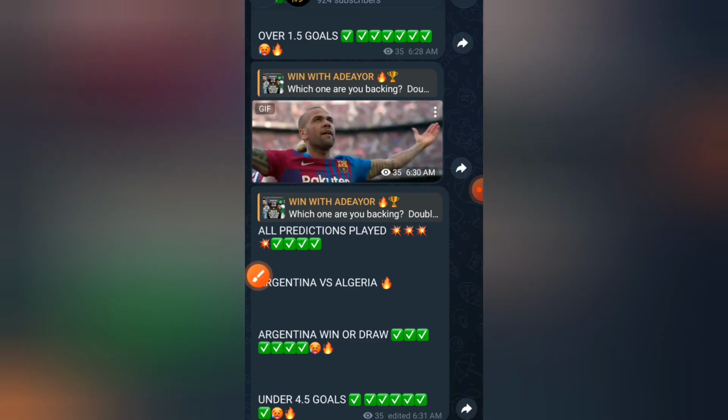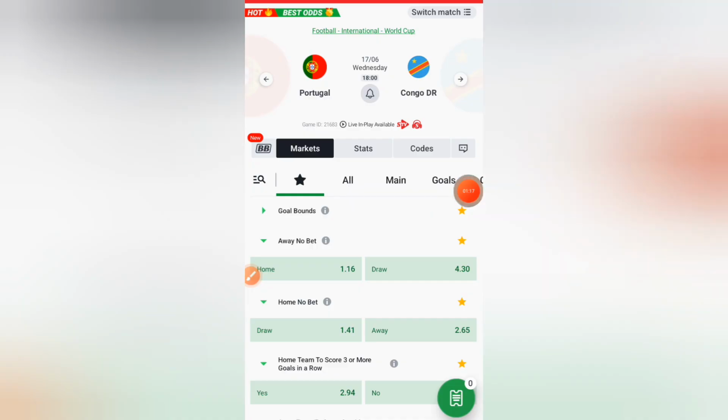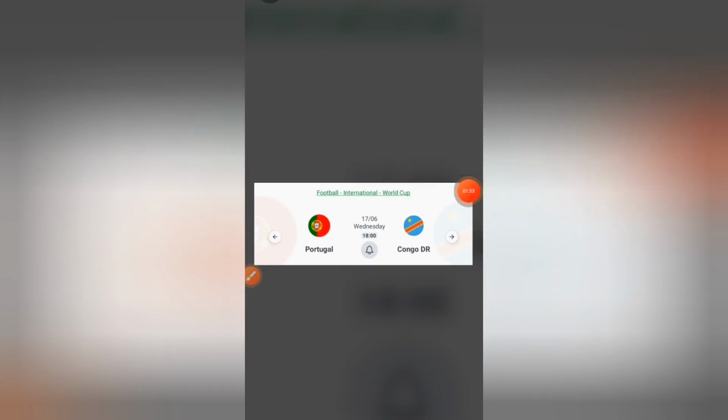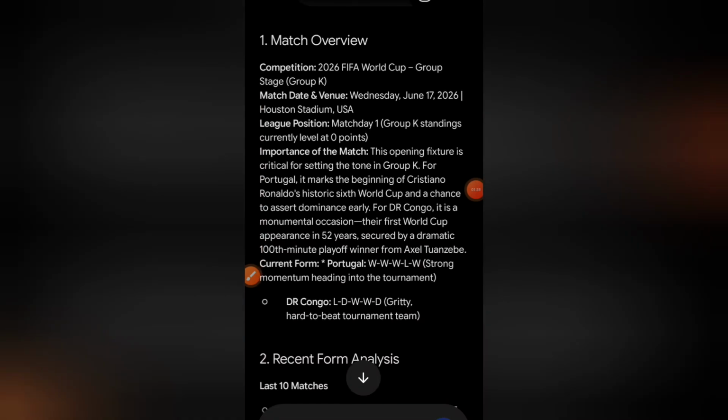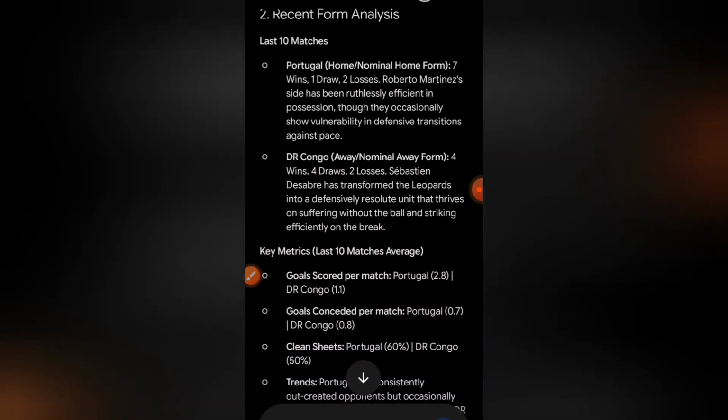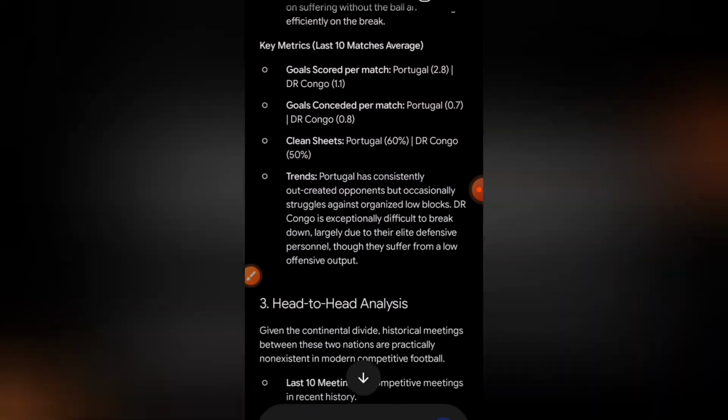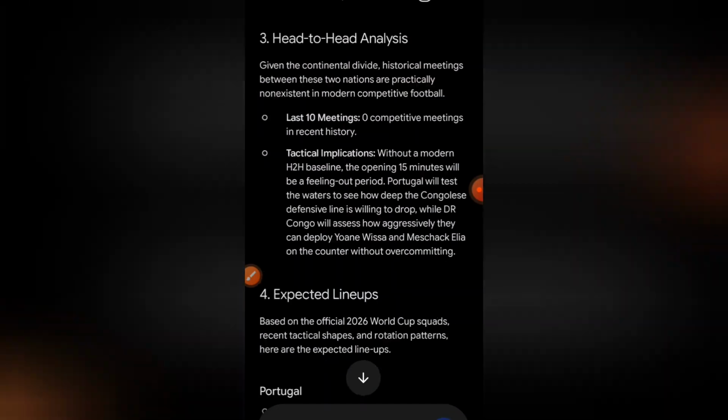All right, so we are going to proceed with the match between Portugal and Democratic Republic of Congo. All right, so we are going to look into just four match fixtures. We are going to look into the match of Portugal, England against Croatia, Ghana against Panama, Uzbekistan against Colombia. So we already generated data needed for the analysis. We have our overview, and we have some data information that's actually added to our final prediction on this particular